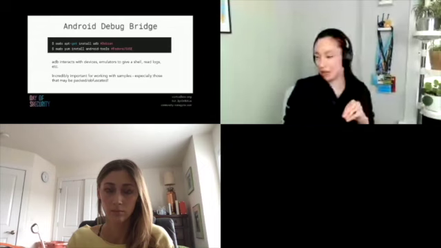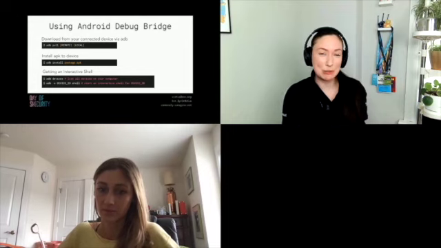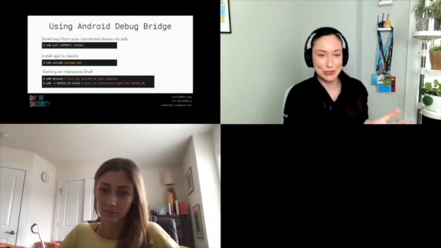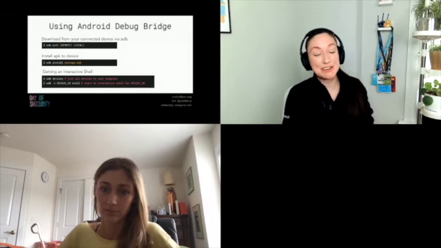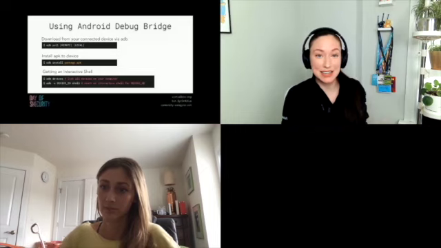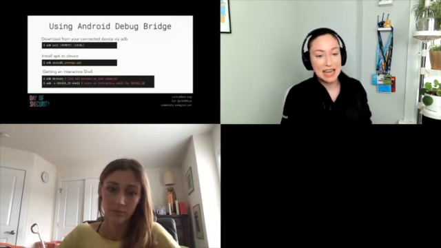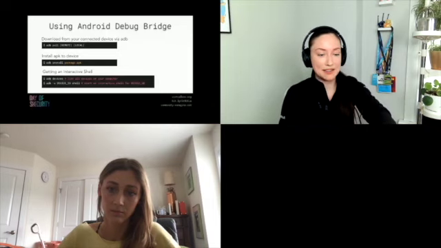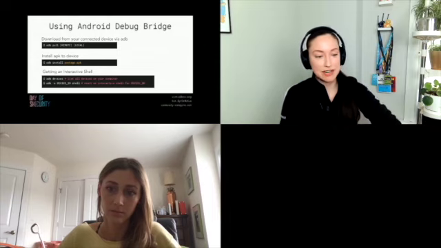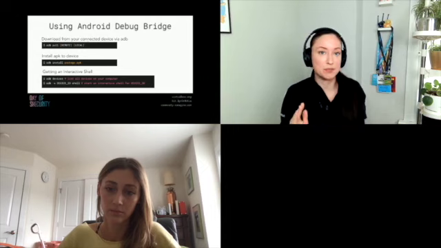These are some basic commands. So this is basically how you interact with ADB. It's pretty simple. You can look up all of these commands just by doing a simple Google search for Android Debug Bridge commands, and it'll show you all these and a whole bunch more. But if you want to see what devices are connected to your computer that you can interact with, you can run adb devices. And if you want to get a shell for the device, if you only have one, you don't need to pass that -s flag. That's just specifying the ID of your device. You can just write adb shell,